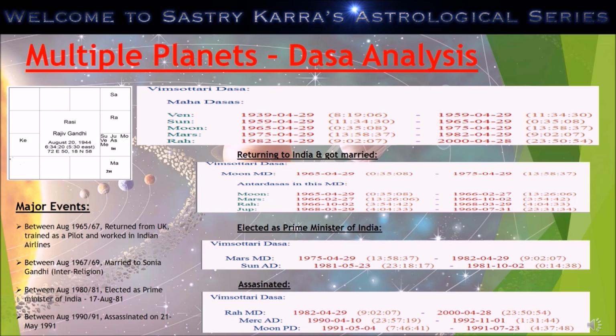If you go further down and look at the Pratyantara Dasa and Sukshmantara Dasa, you may find that on 21st May, when you go through the whole path, somewhere there will be a Mars dasa, some minimal dasa happening there, and that might be the reason why his death was very violent.